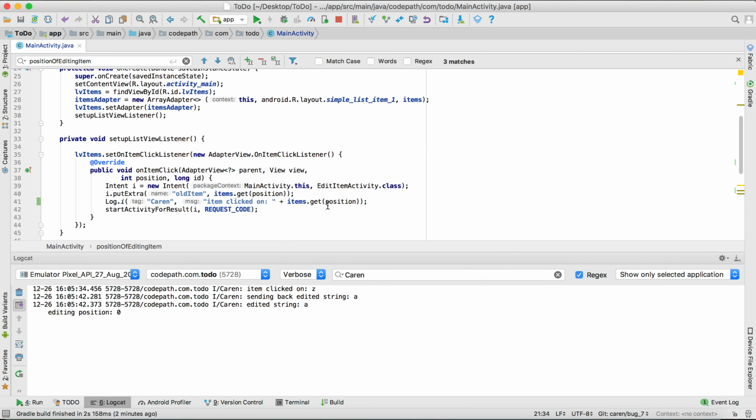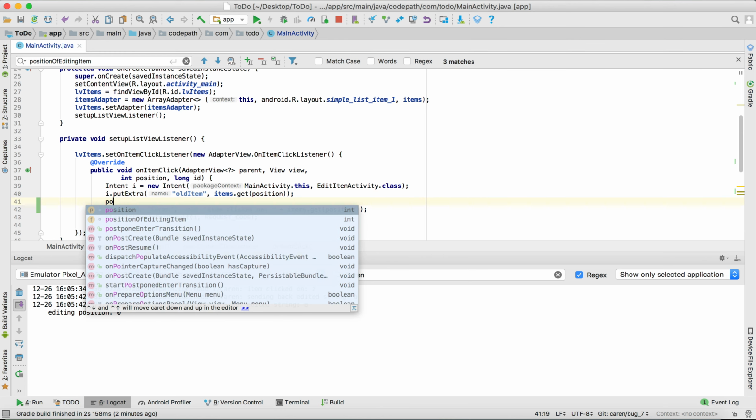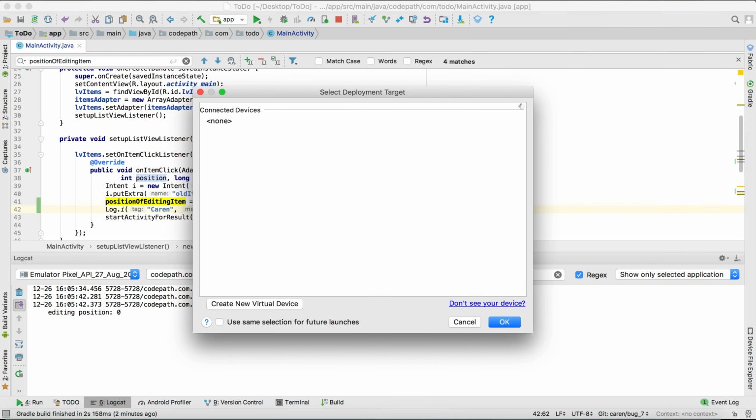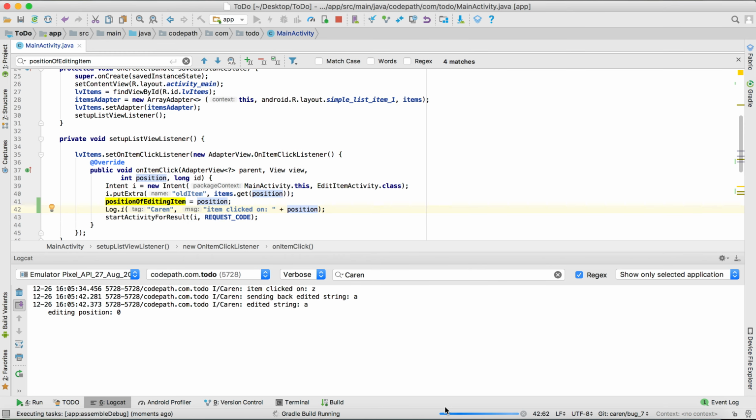So I think the line we're missing here is that we want to actually set that variable to something that makes more sense than 0. Otherwise, it's always going to be 0, and no matter which item the user clicks on, the item that's going to be edited is going to be the first item. So I'm going to set this to the position of the item that was clicked here, and I think that will solve our problem. I'm also going to print out what this position is, just to make sure that we're doing things right. So now I'm going to run my app again,